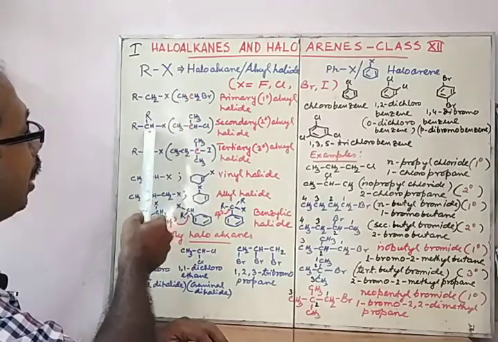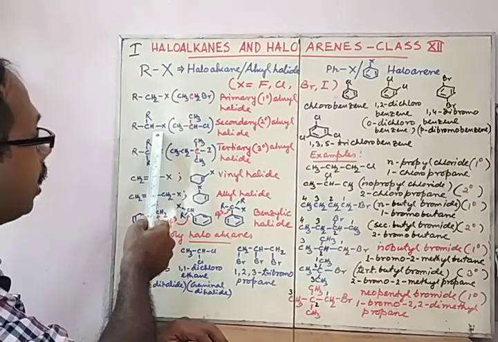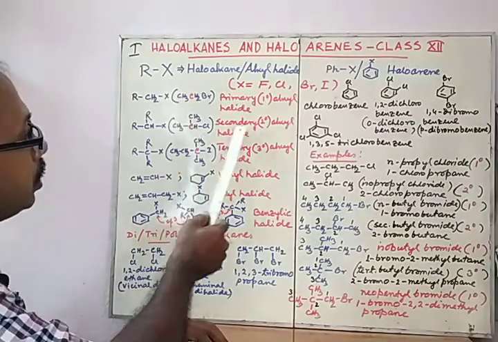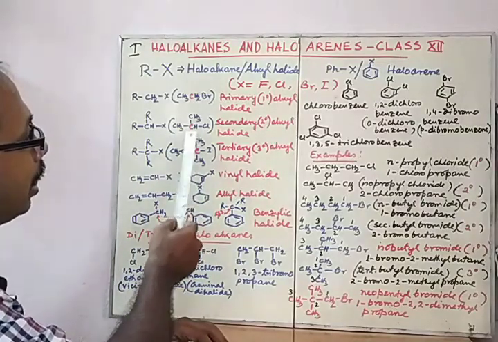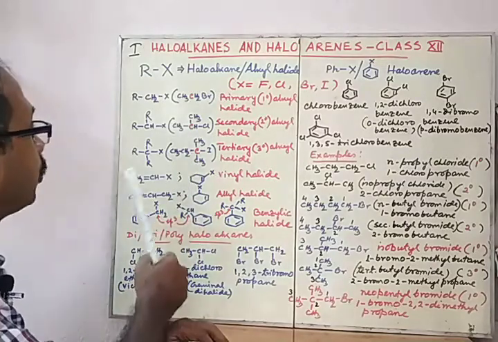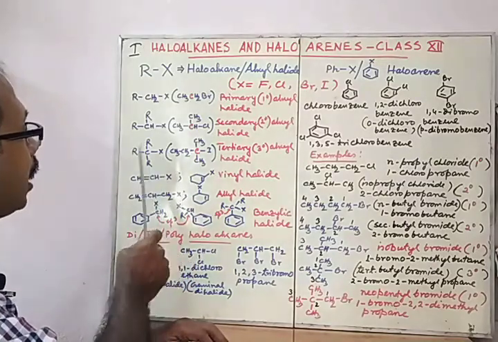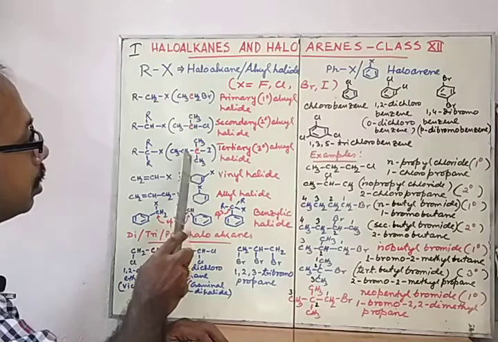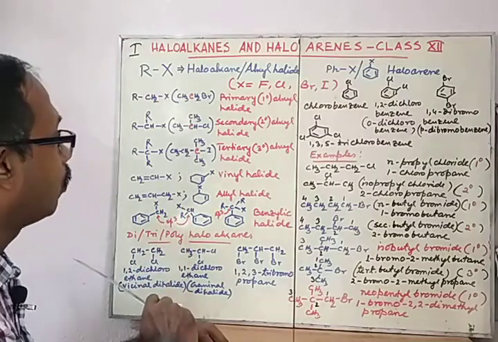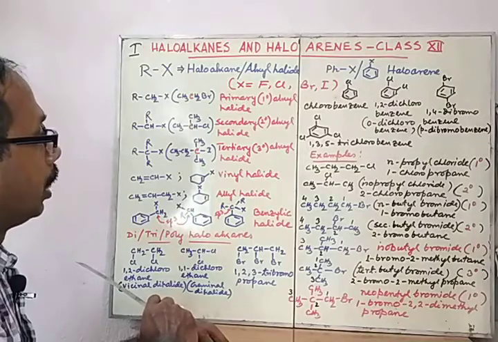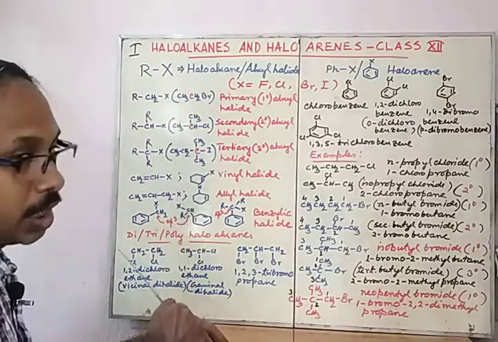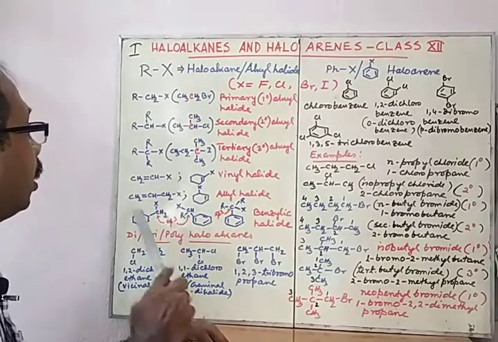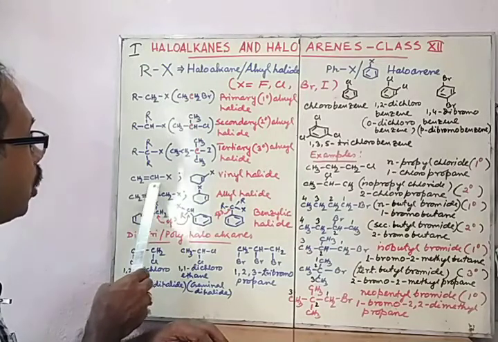In the secondary alkyl halide, the carbon where the halogen is attached is attached to two alkyl groups, like here. So it is a 2 degree or secondary alkyl halide. This is called a secondary carbon. Similarly, when the carbon holding the halogen is attached to 3 alkyl groups like here, this carbon is stated as a tertiary carbon and the compound is a tertiary alkyl halide. So in this way, primary, secondary and tertiary carbons are identified in these haloalkanes.